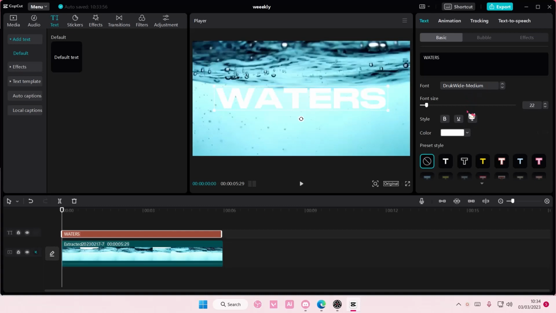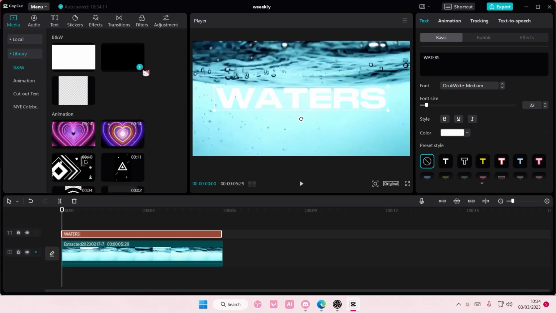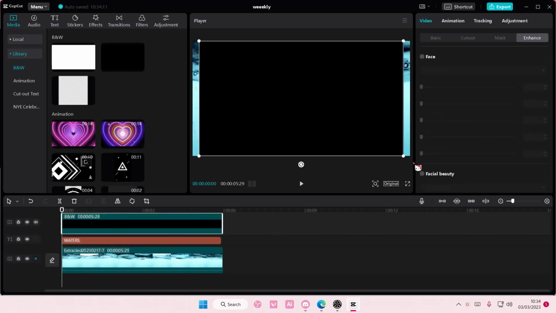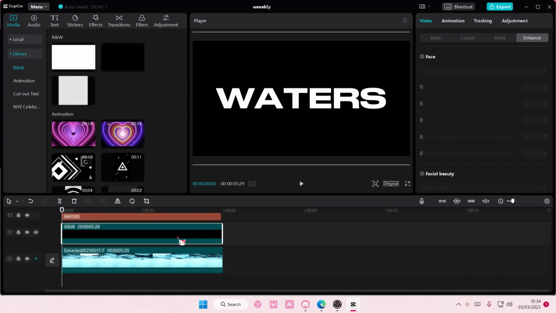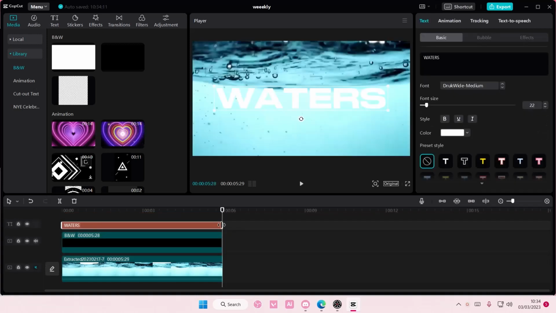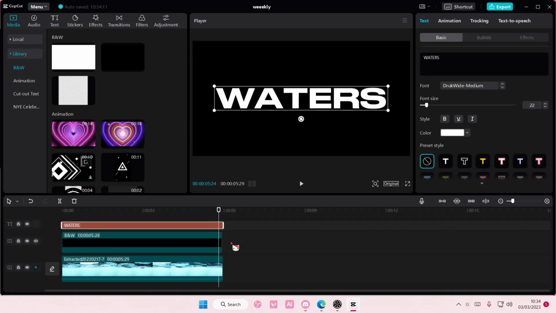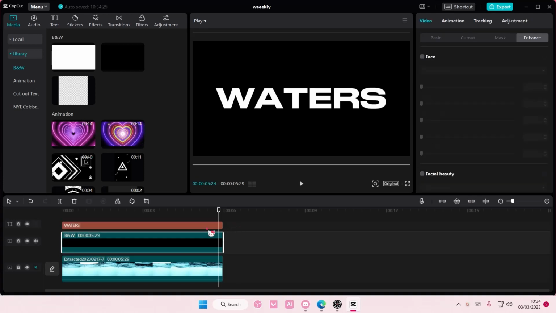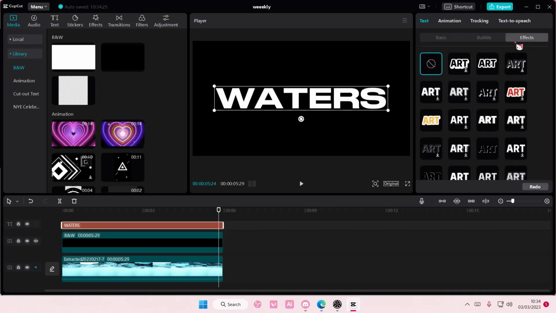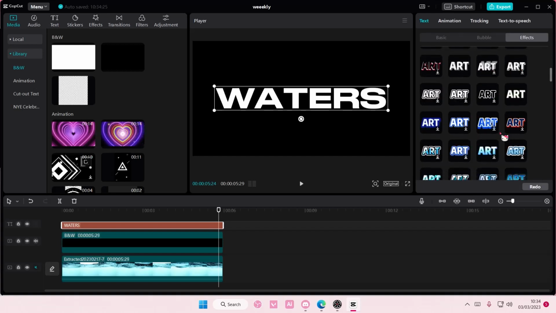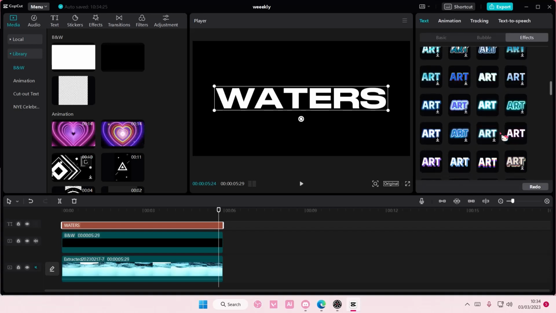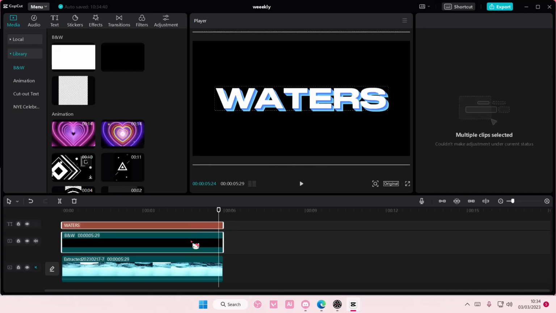Wait, I forgot, I need to add in this first before I add in the text. Well, it's fine, you can add it later, but just want to drag it behind the text. And then on top of the text, you are going to select effects. You can select effects, but if you don't want to, that's fine. Just make sure the inside part is a white color, and then you're just going to select these both,